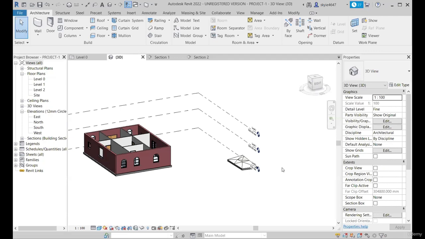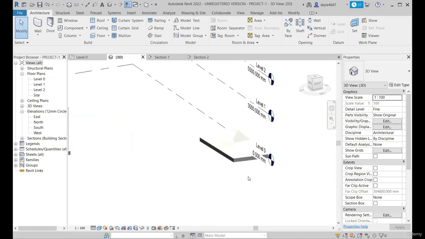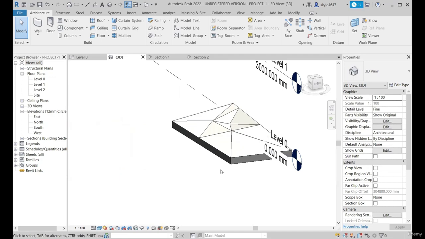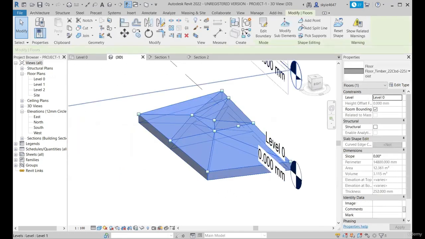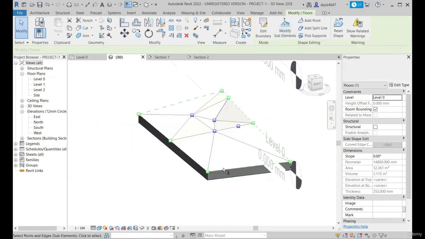Hello learners, in this tutorial we are going to deal with how to model ceiling inside Revit. Before we start dealing with the ceiling part, there was a bit of portion remaining for the floor. Okay, so if you check, we have covered how to add the points, but in case you want to